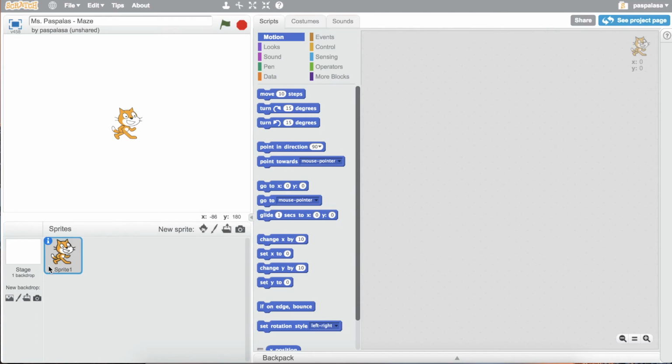Now, you may be tempted to put your maze template as a stage or a backdrop. But in order for our maze to have code, which it's going to need to have, we need to actually make our maze a sprite. So here's what we're going to do. We're going to go over where it says new sprite, and we are going to have to upload a sprite